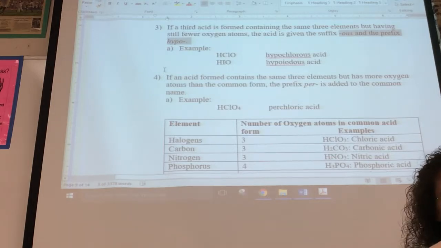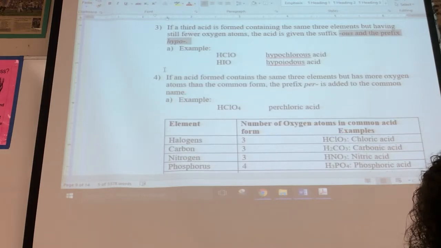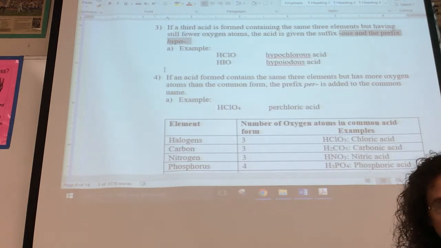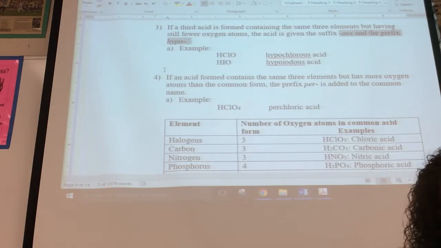Somebody who's hypoglycemic has low blood sugar. A hypotonic solution has less solute than what surrounds it. What other words have you learned with hypo? Hypothermia. So when the body is too cold, below typical body temperature of 98.6 Fahrenheit. So hypo means less than. So one less O than